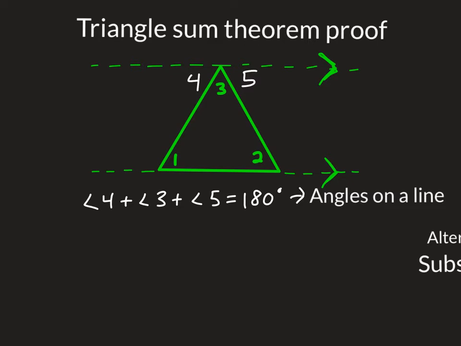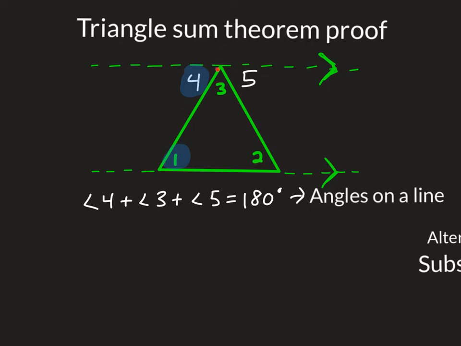What I really want to include in the end to get to the triangle sum theorem is angle 1 and angle 2. Well, let's think about angle 1. How would angle 1 compare to angle 4? Well, angle 1 and angle 4 are alternate interior angles because if I'm thinking of these parallel lines,